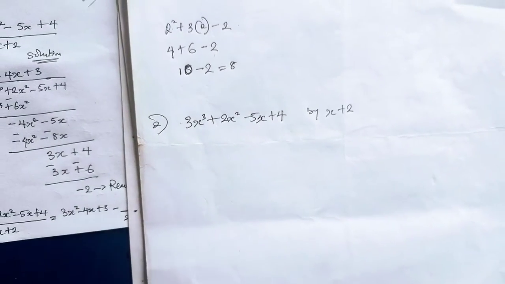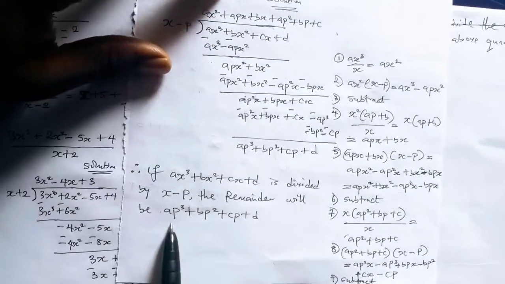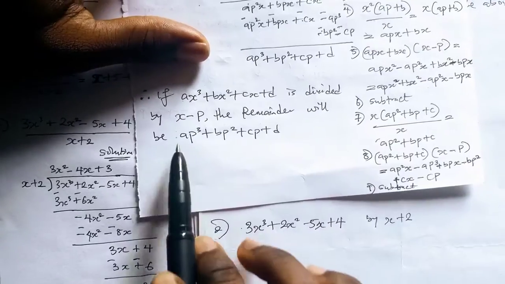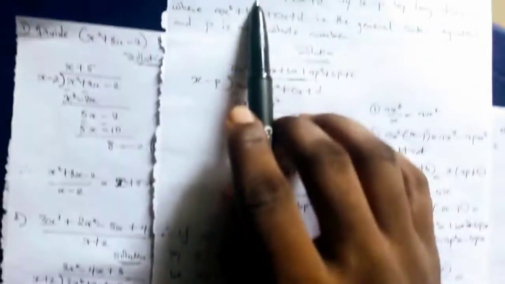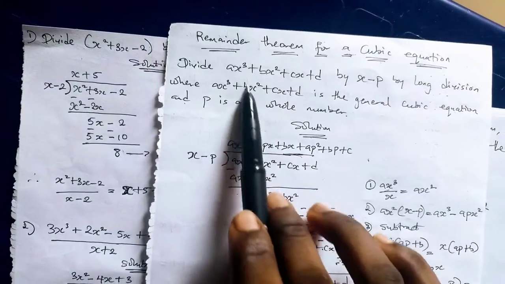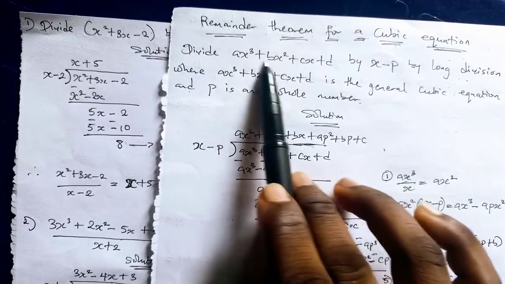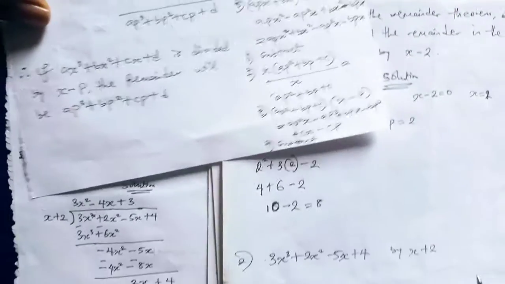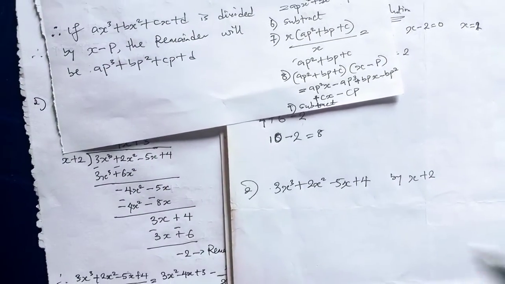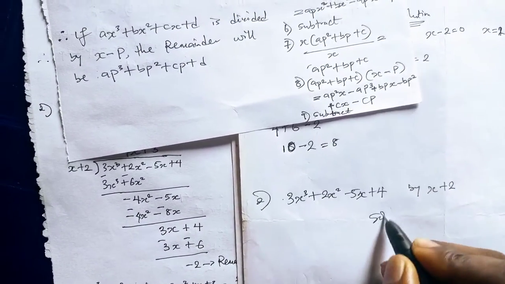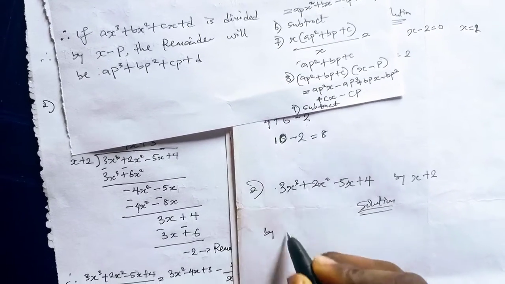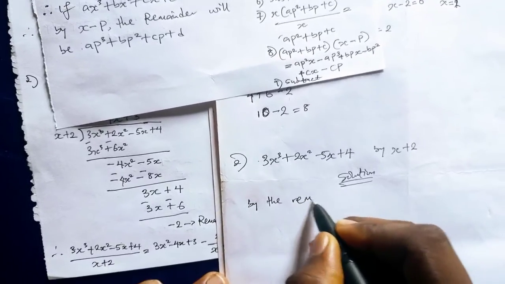Now, applying the remainder theorem for a cubic expression, which is what we are seeing here, it looks like the general cubic, which is up here. It looks like the general cubic expression, only that the x terms have been replaced by p. So you don't have to cram it. Solution. Now you say by the remainder theorem,